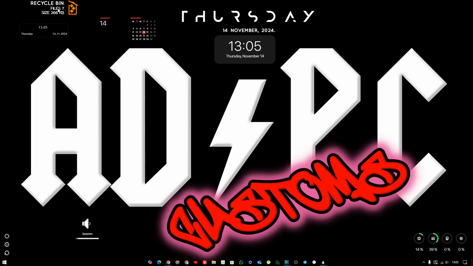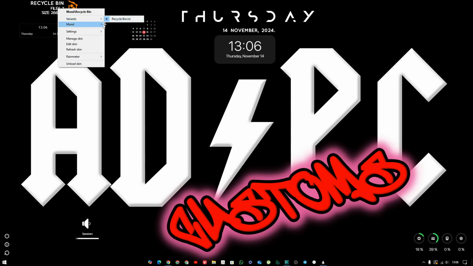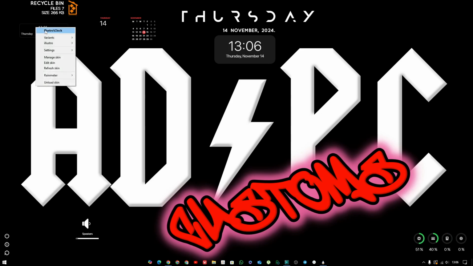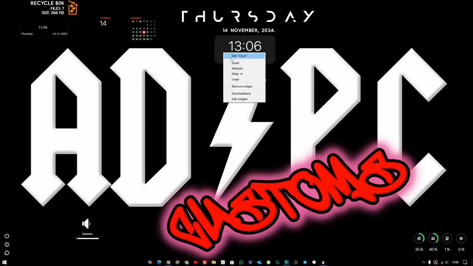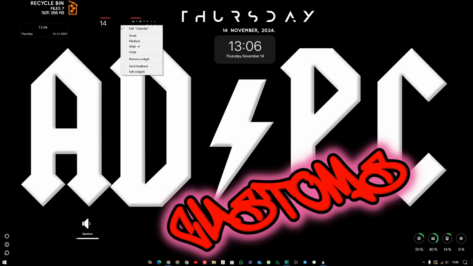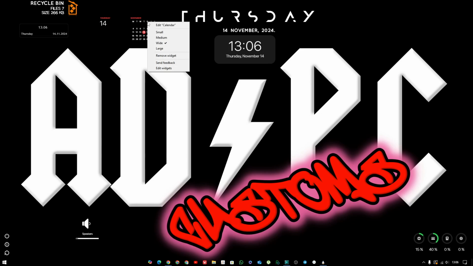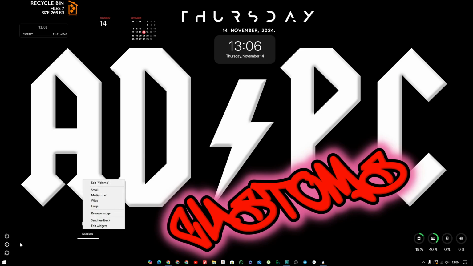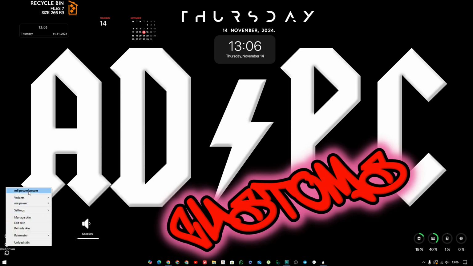So I'll menu click. This is Mond Recycle Bin, and you've got a choice of variants with some of these. I've got the Mond clock as well, I believe. I think this is Mond. No, this is the Illustro clock. This is standard clock wide. Mond clock gives you this. This is standard calendar, I think. I don't think it's from a particular thing. Volume. This is the Mi Power